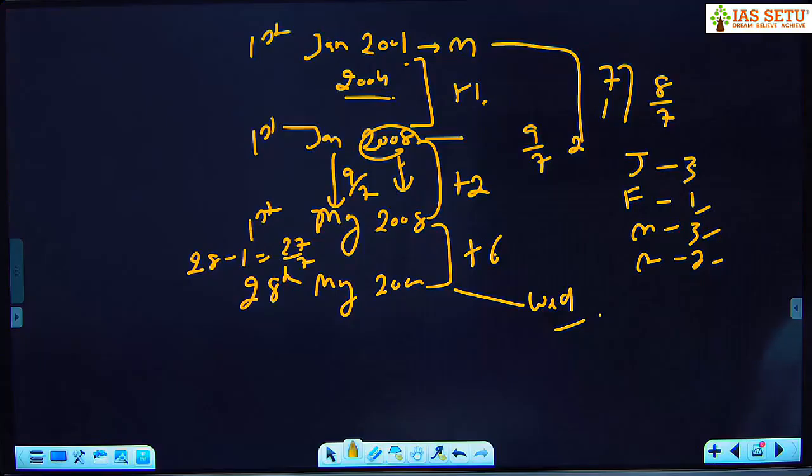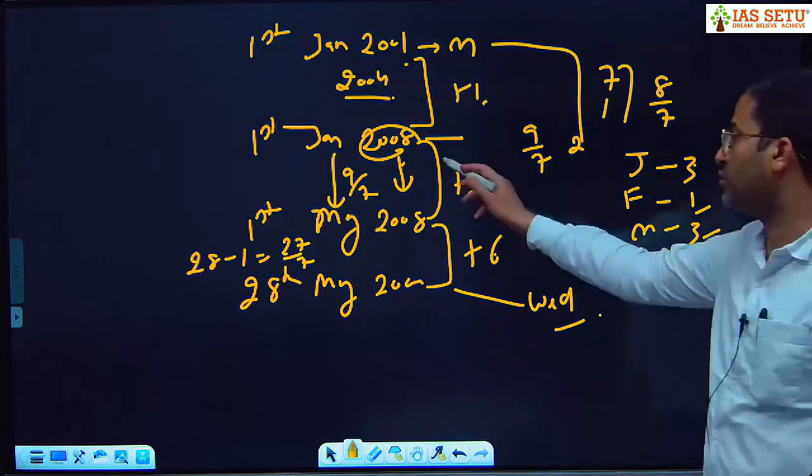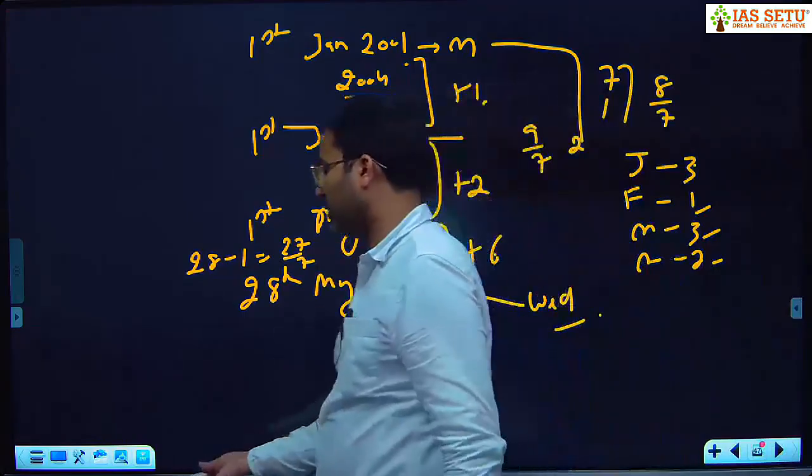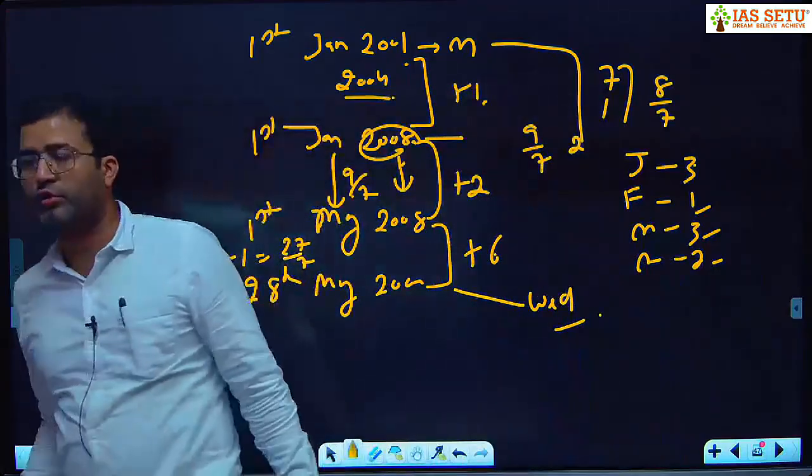ओके कर लेना एक बार ट्राई, नहीं तो नेक्स्ट वीक डाउट सेशन में पूछ लेना। ओके थैंक यू स्टूडेंट्स। ठीक है एक बार ट्राई करना, लीप ईयर आपने दो बार काउंट कर लिया होगा, 2008 को जैसे ईयर में भी काउंट कर लिया होगा, मंथ में भी कर लिया होगा, बस ये इशू होगा। यू कैन क्रॉस चेक दैट।